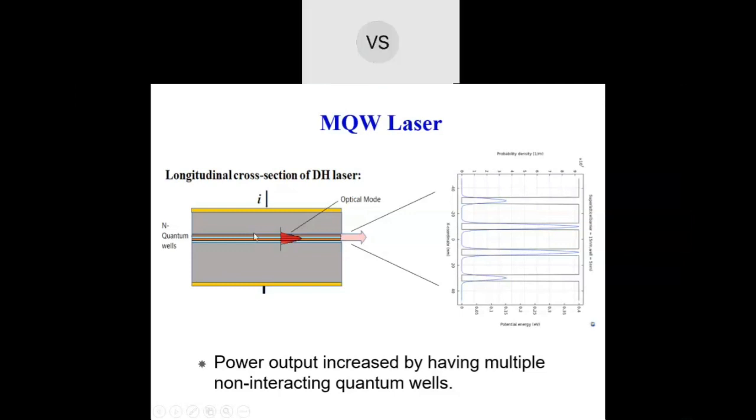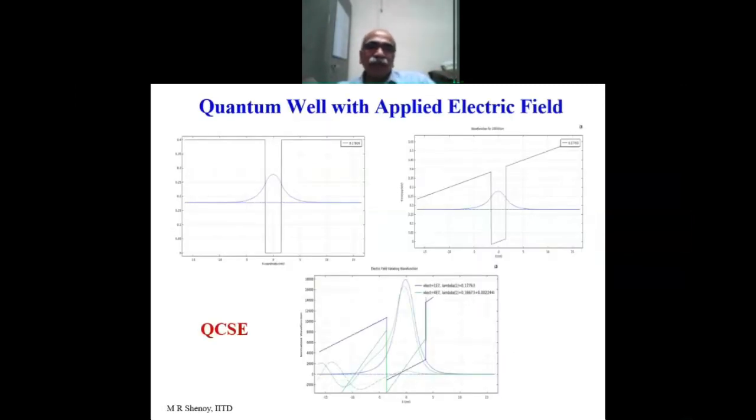Unless you have sufficient volume of the material to generate light, the output power will be very little. So by using MQW, you can increase, for example, the output power from a laser. So, multiple quantum well lasers. One last point with quantum wells, that is, if you have a quantum well and if